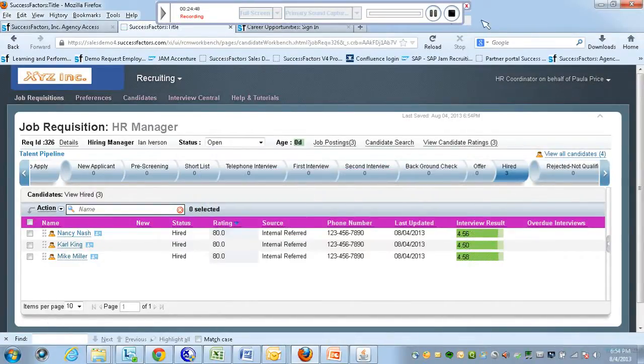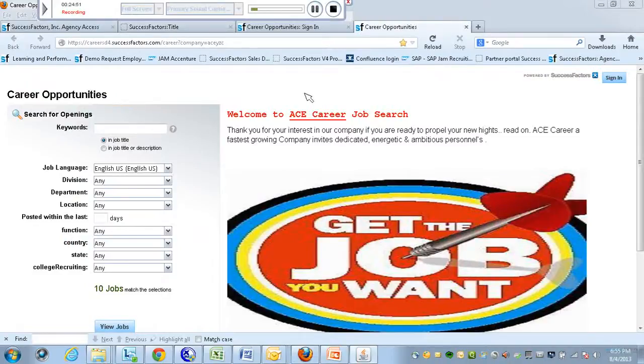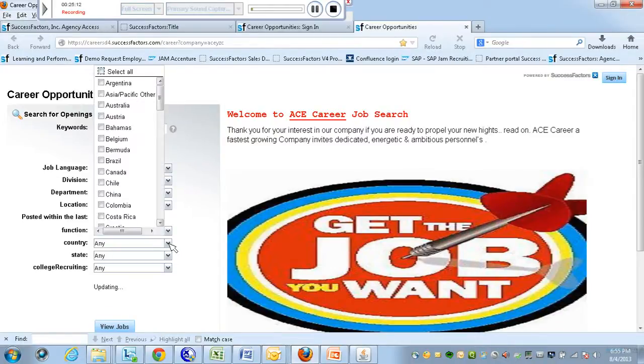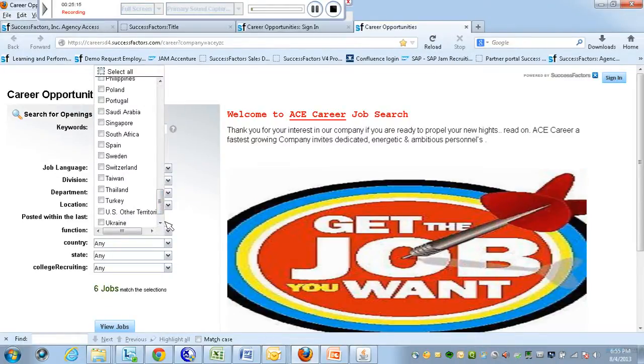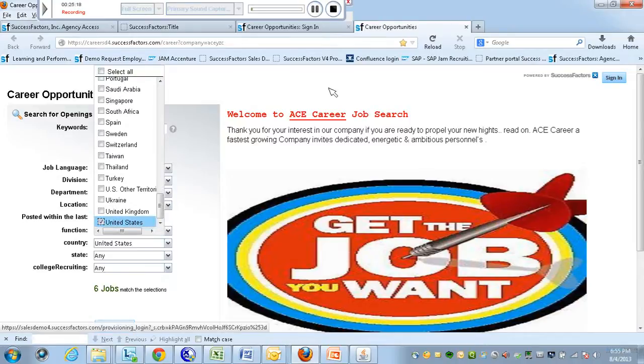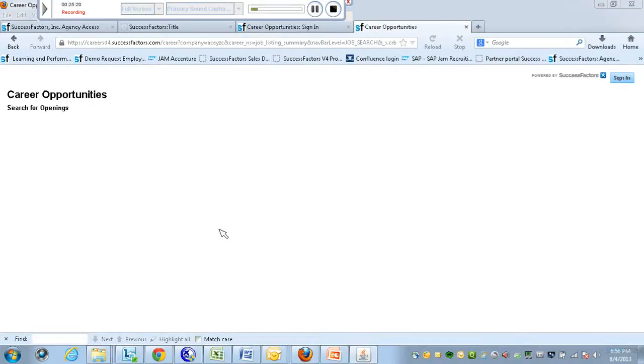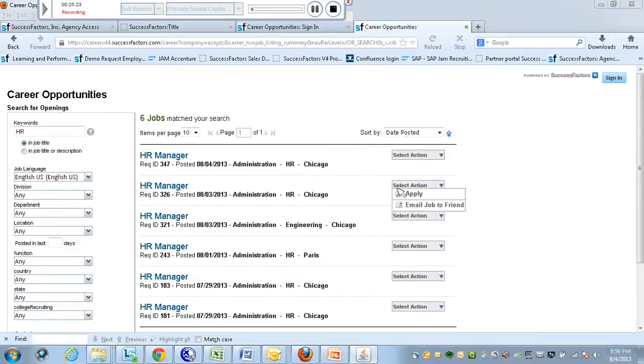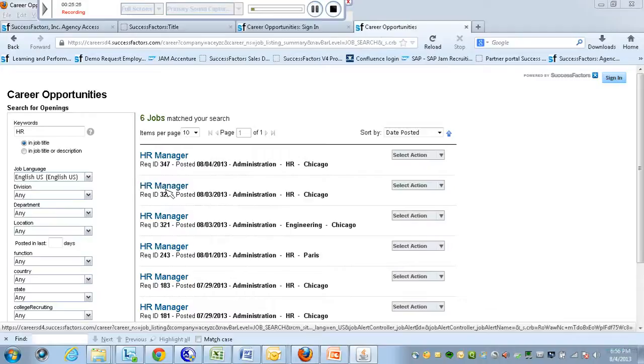Okay. Now I'm going to show you the external career portal. So this is the external career portal. We have all the options which were requested in the case demo. So we have division, department, location, function, country, state, and other things. So I'm going to select, say, HR again, and let's say country as United States, and when I click on the search option, I can see HR Manager 326 is available there,